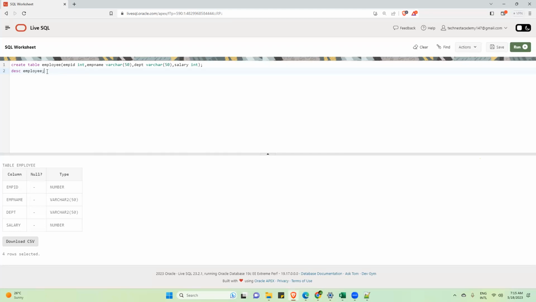See, one thing I will tell you. Suppose here I have created an employee table, and we have employee ID, employee name, department and salary. Now suppose I want to create one more table with the same name, and this time I give employee ID INT, employee name varchar 50, or location.